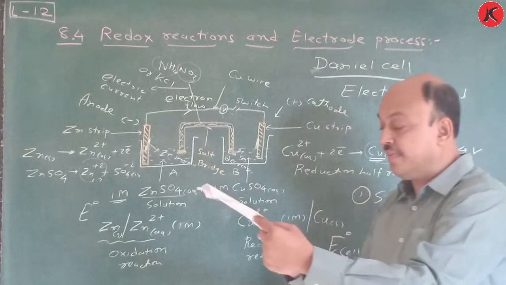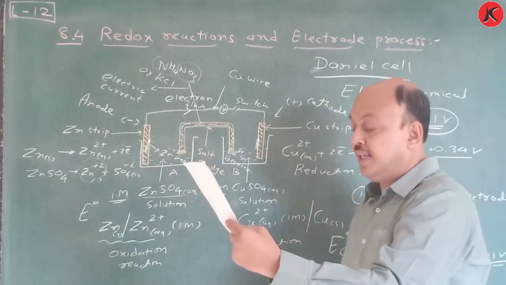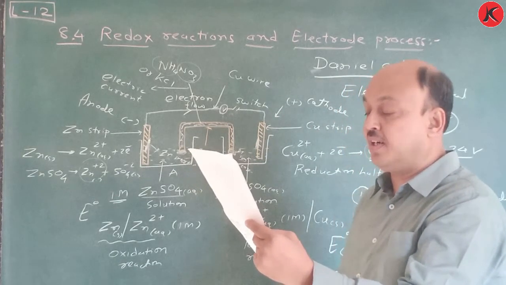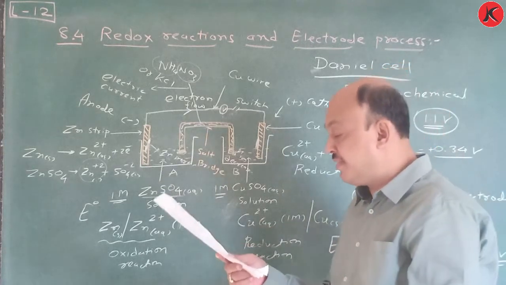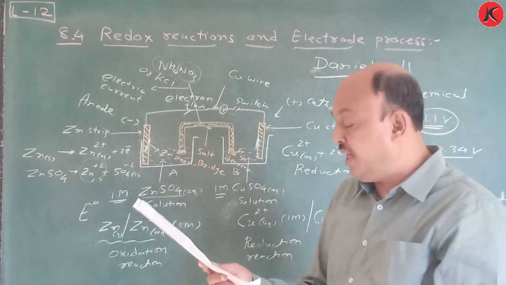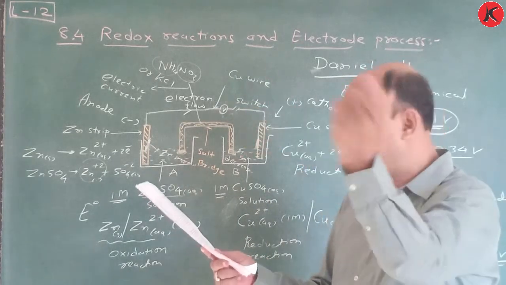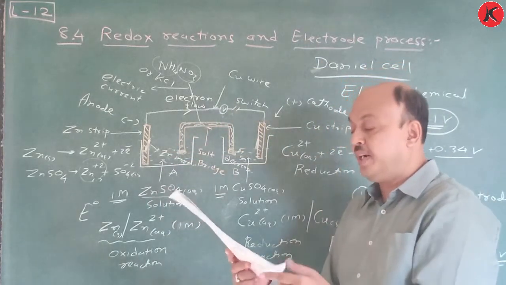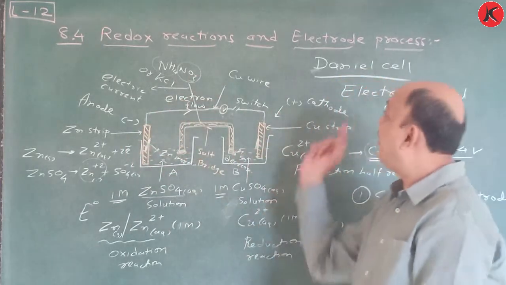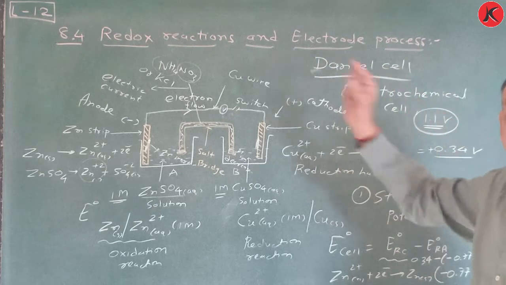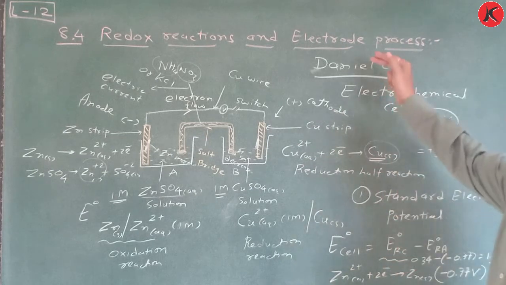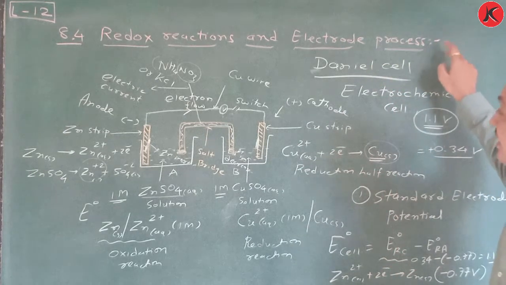So here one sentence is very important. You make a note of this. The electricity from the solution in one beaker to the solution in the other beaker flows by the migration of ions through the salt bridge. We know that the flow of current is possible only if there is a potential difference. Remember, it is a potential difference between the copper and zinc rods known as electrodes. That's why the redox reaction takes place, because in one beaker an oxidation reaction, in another beaker a reduction reaction is there, and that's why the redox electrode process takes place.